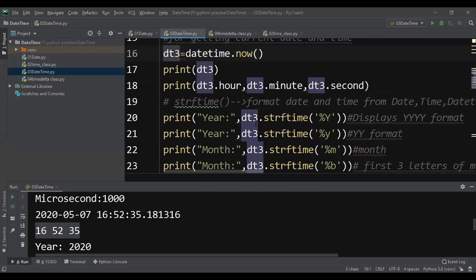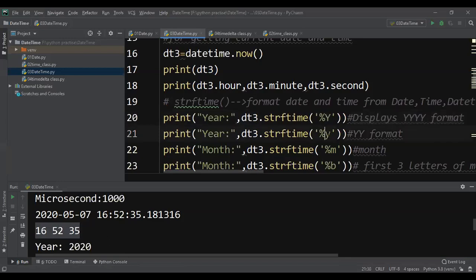Now from dt3, I want to print year in 4-digit format, so you have to give percentage capital Y. So dt3.strftime with percentage Y; you need not mention the year separately. By using the strftime function, whatever string we give, it will automatically fetch the required value as per the format.